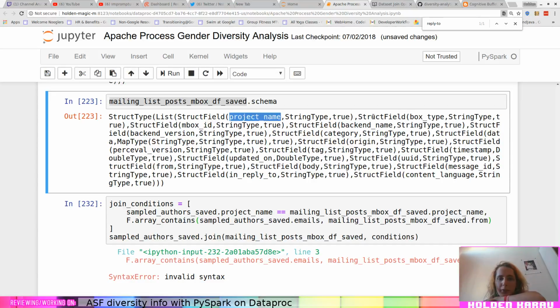Project name, box type, mbox ID, backend name, backend version, category, origin. Is origin the same? I feel like it might be. No, okay, wait, no. From is in here. Oh, this is just nested, probably. Oh, god damn it. This schema is going to be annoying.